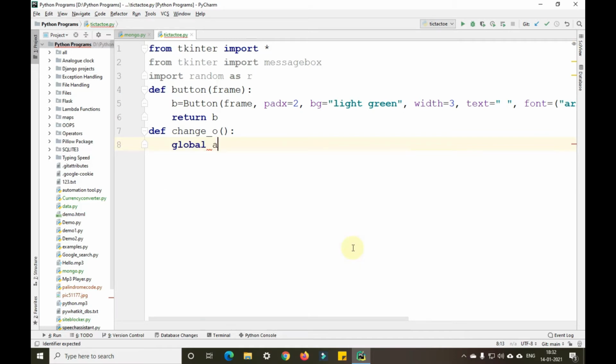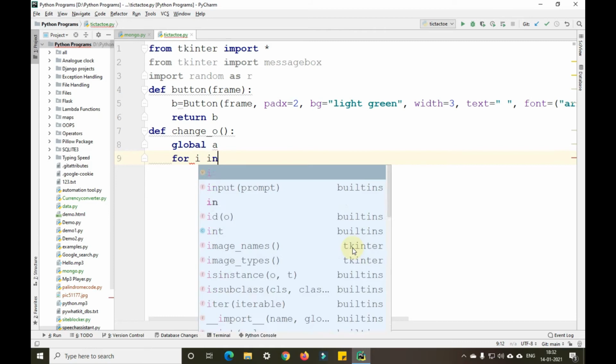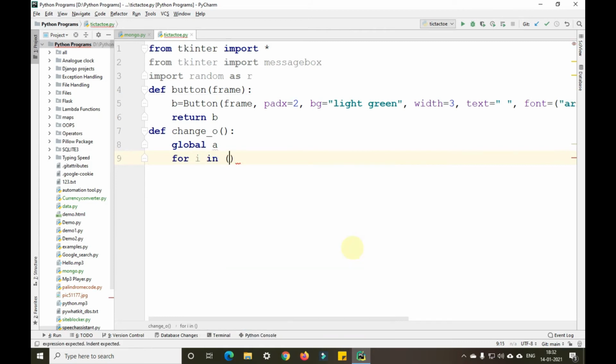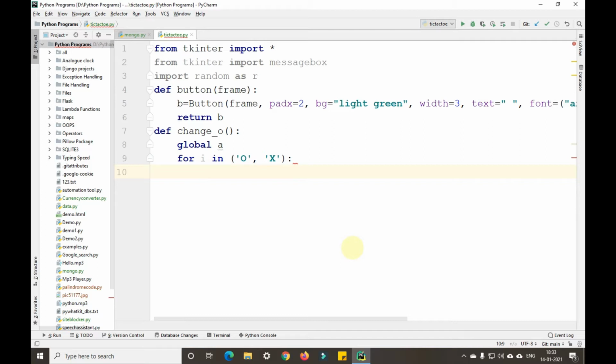After that, I'll write a for loop: for i in. Since this is a tic-tac-toe game, we have only two values, that is X and O. So if it is O or if it is X, then we'll go into this loop.